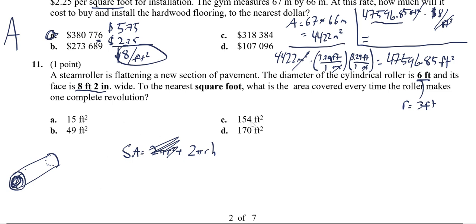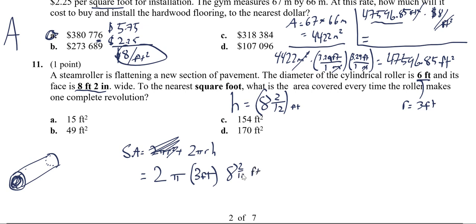So the height, I'll just write it up over here, the height is 8 2/12 of a foot. I didn't have to think much to put that as a unit there, because there are 12 inches in every foot, and if I want to convert inches to feet, I'm just dividing by 12. So for this one, I have 2 times pi times 3 feet times 8 2/12 feet. So 8 2/12, which is just 8 1/6, but whatever, times 3 times 2 times pi, we get